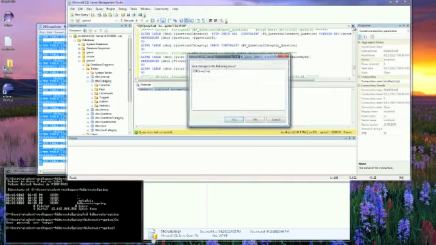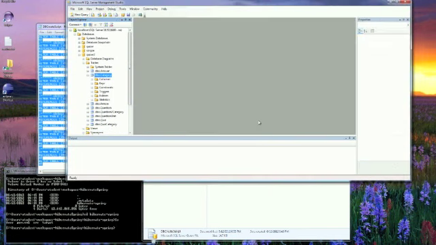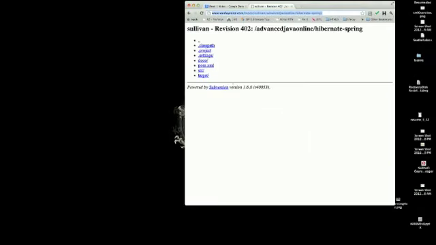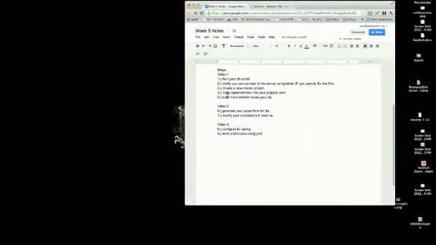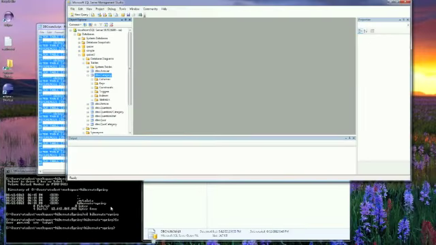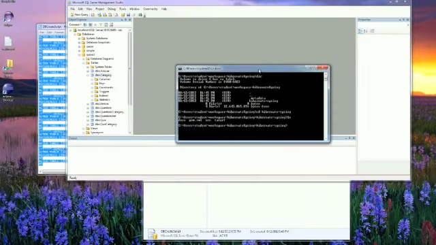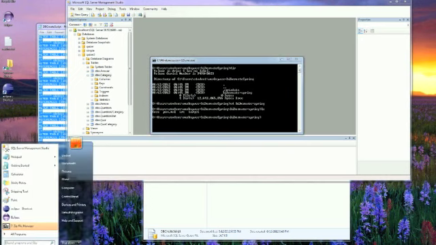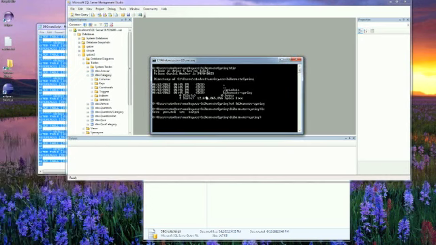Alright, so our data model is created. So we ran our database script. The next thing is we want to verify that we can talk to it with telnet. So the way we tell with telnet is we come over here, open up the command prompt. So come down here, type cmd. CMD will open, and from here you can type telnet, type localhost, and then the port that you're actually running